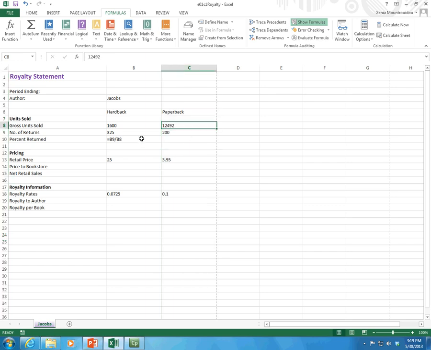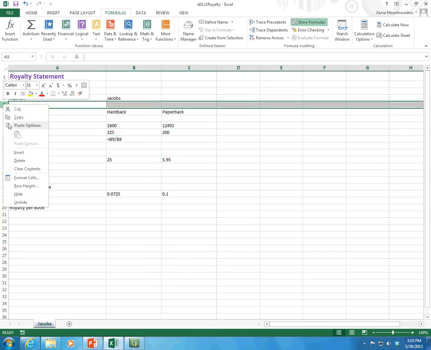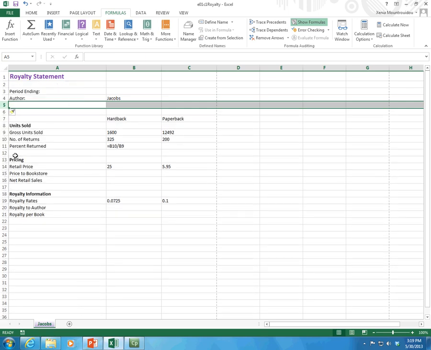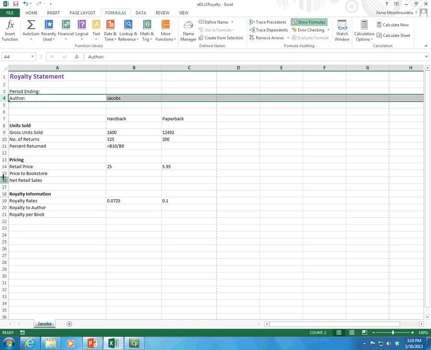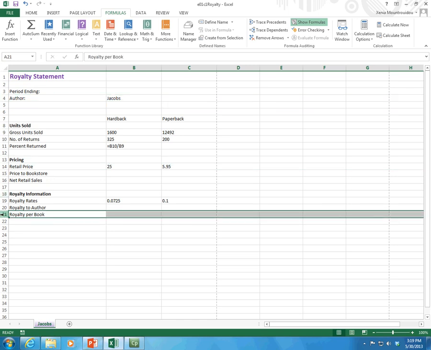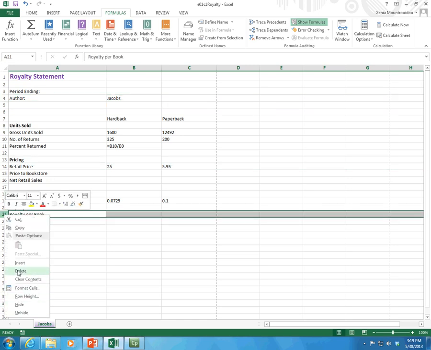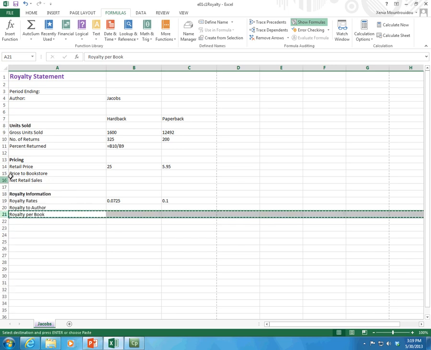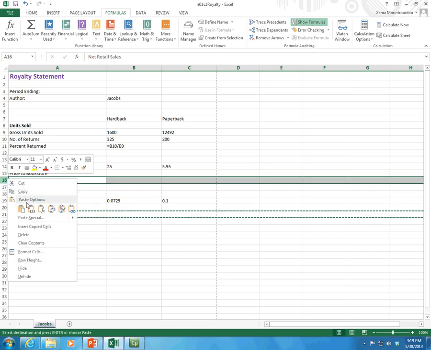And here we go, I've deleted this column. I can also insert additional rows. So if I click on the row, right click, insert additional rows. I can also copy something. So let's say I can copy this whole row and insert it between